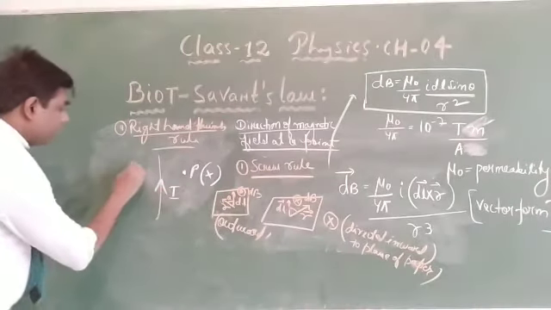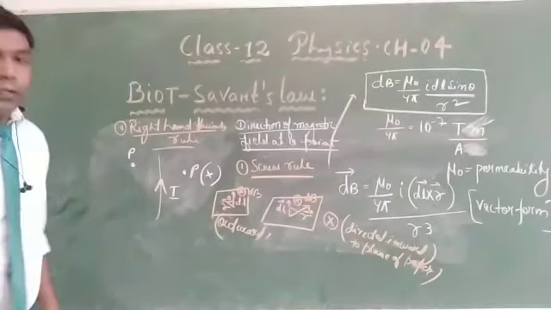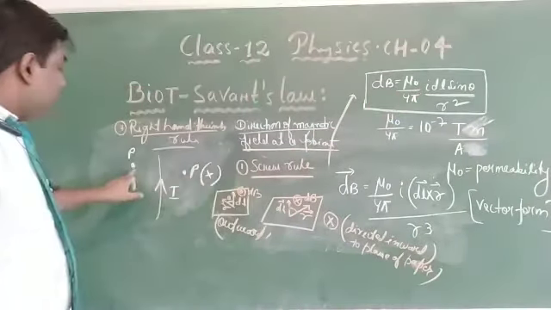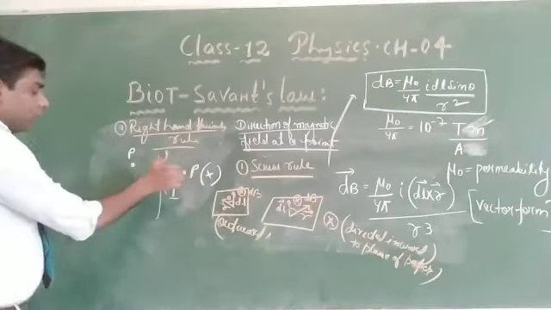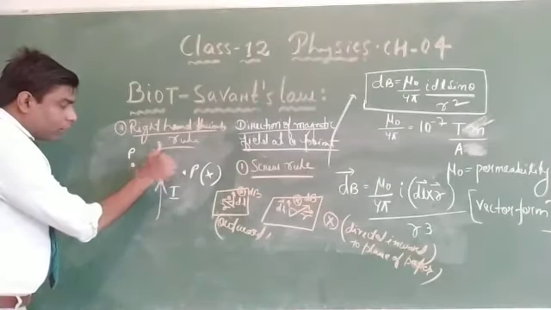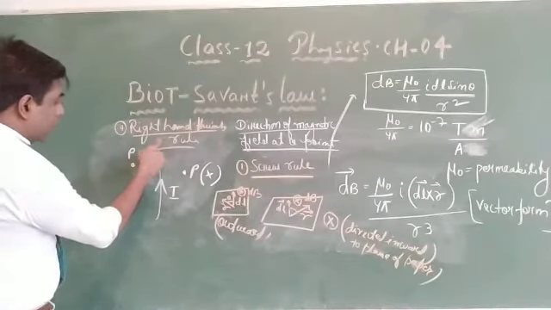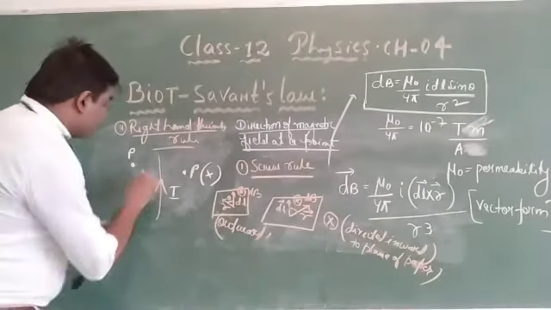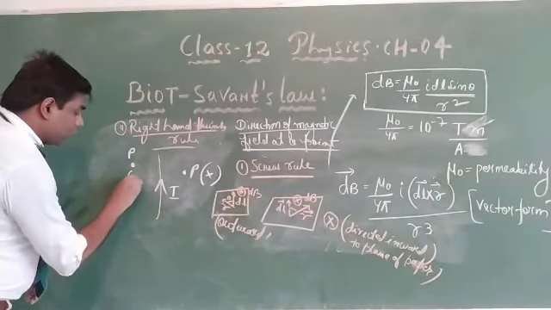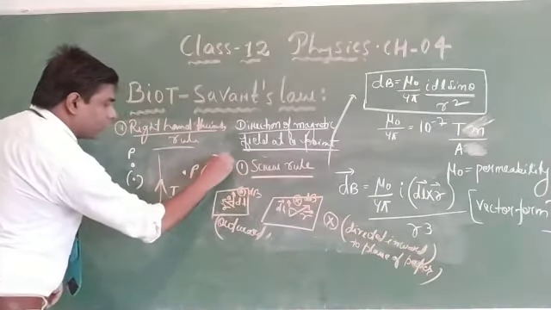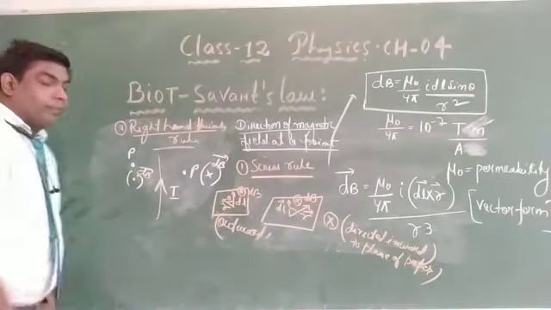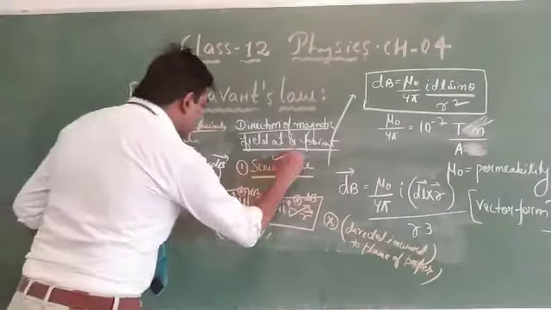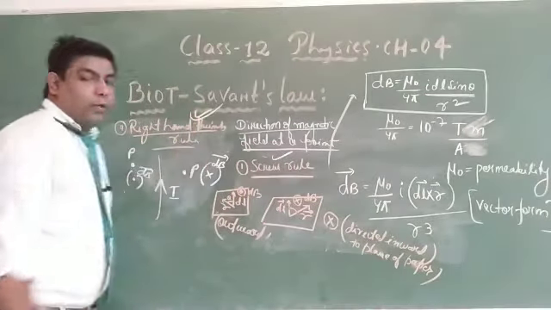Now let us say we want to find the direction on this side. Means here the magnetic field is given by this formula, right? But here I need to know the direction. So just place the right hand. Now again current is going upward. So when it comes here, see, at this point, it is coming outward. This curl of the finger is directed outward. Outward means this will be the direction of the magnetic field, and here it will be this. Right. That is, we can find the direction of the magnetic field at any point, either by the screw rule or by your right hand thumb.